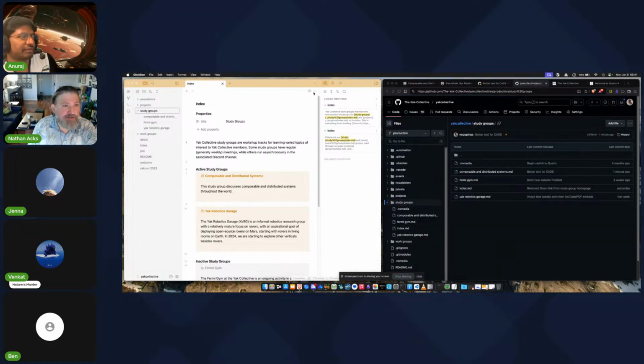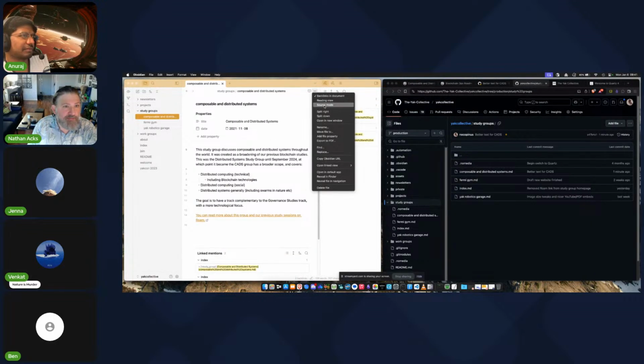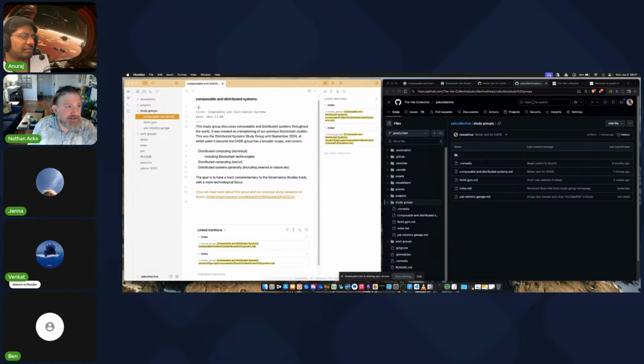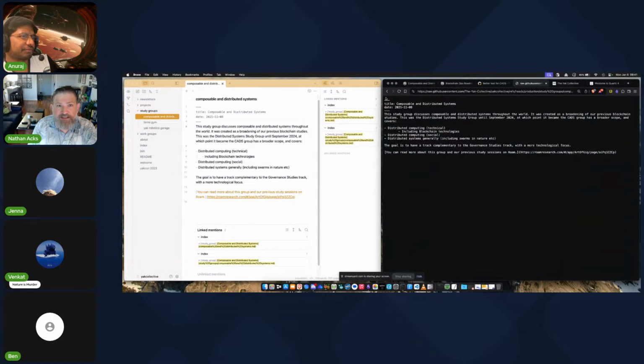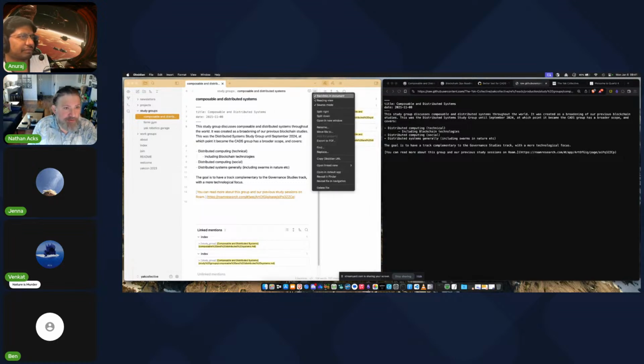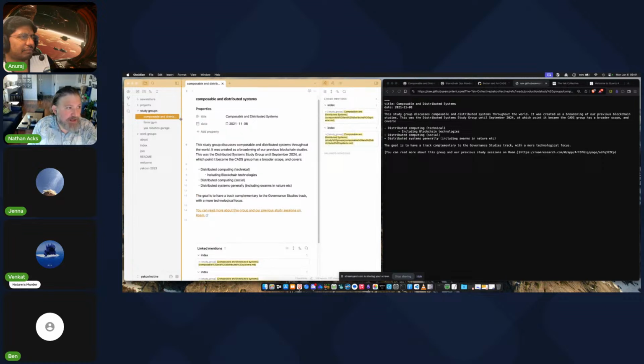If we actually take a look at this, for example, the CADs file, take a look at source mode. It is literally this. So if we take a look over here, you can see that this is exactly the same. It's a plain text markdown file. So you could even just copy the content here, edit it so you've got everything you want. For study groups, work groups, projects, you probably want to add a date so it shows up in the RSS feed.